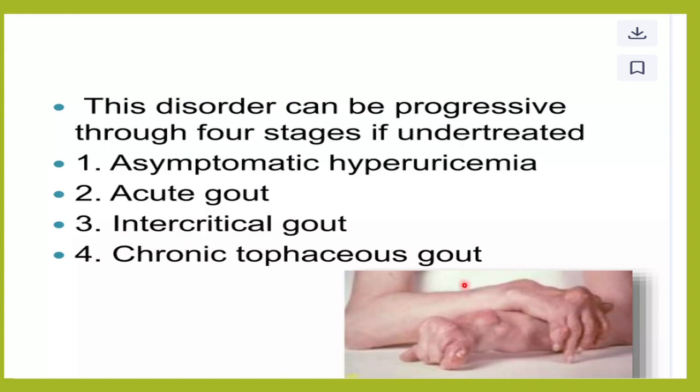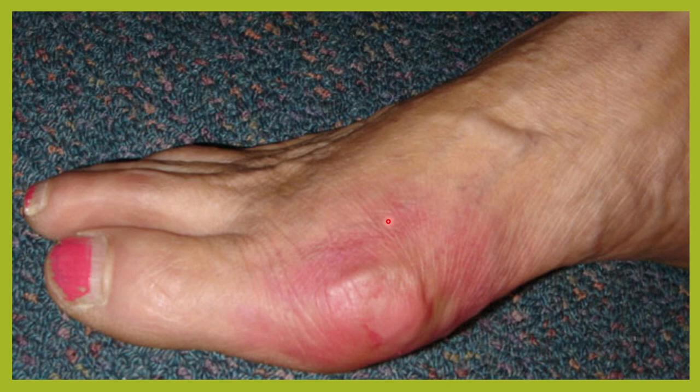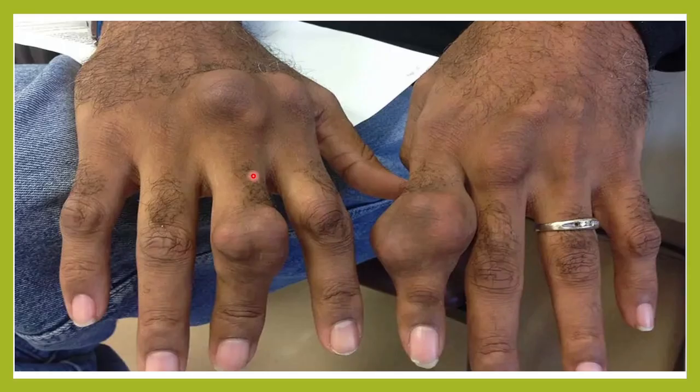I've told you that gout progresses in four stages: asymptomatic hyperuricemia, acute gout, intercritical gout, and chronic tophaceous gout. Here you can see the first metatarsophalangeal joint involvement in gout, with redness, increased vascularity, and prominent blood vessels. And here is chronic tophaceous gout, wherein the joints have been deformed. You can see these round bumpy structures, which are nothing but deposits of monosodium urate crystals beneath the skin. The skin is stretched in places. You can even see chalky white pieces.